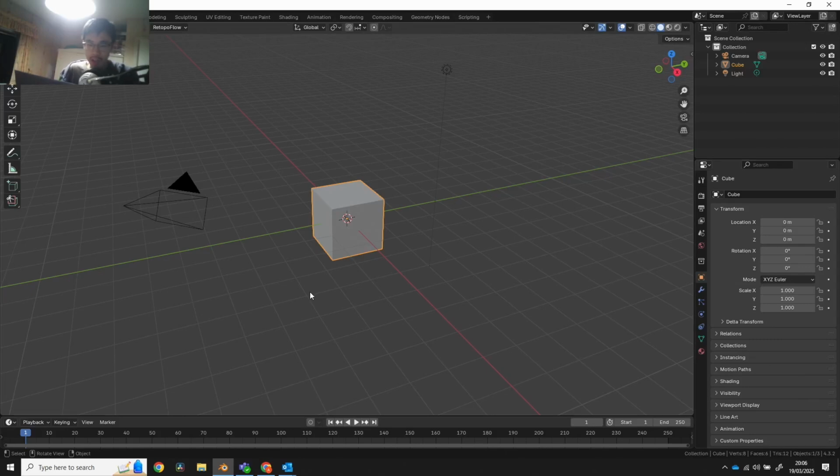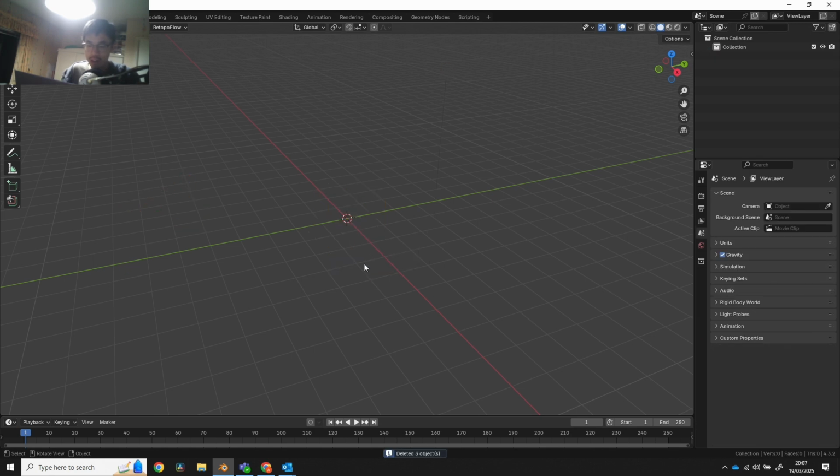Hey guys, today I'll be showing you how to do lighting in Blender. I'm going to show you how to work the tools, how each light works essentially. So let's get started. First thing, as usual, let's delete everything from the starting scene, and we'll just go ahead